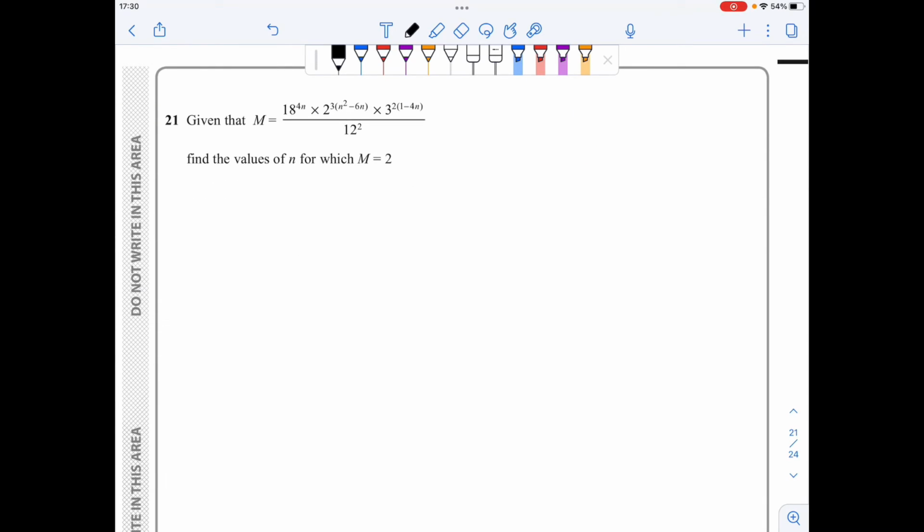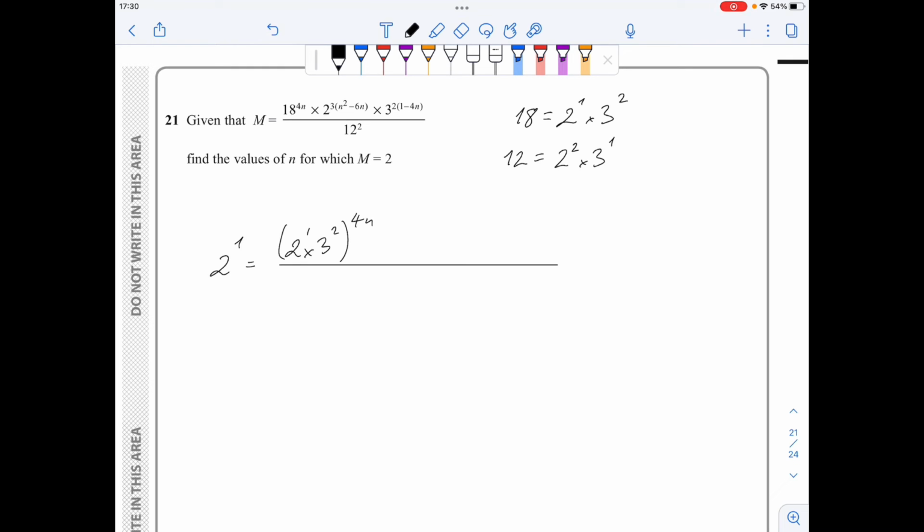For question 21, note that I can write 18 as 2 to the power of 1 times 3 to the power of 2, and I can write 12 as 2 to the power of 2 times 3 to the power of 1. Next, I will replace these values in place of 18 and 12, and I will also replace them by 2. So 2 to the power of 1 is equal to 2 to the power of 1 times 3 squared to the power of 4n times, and now let's expand this bracket,